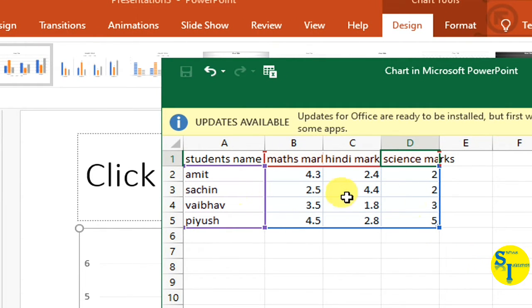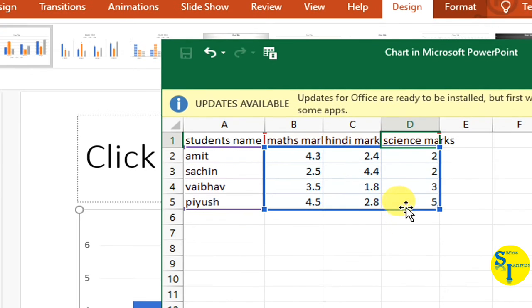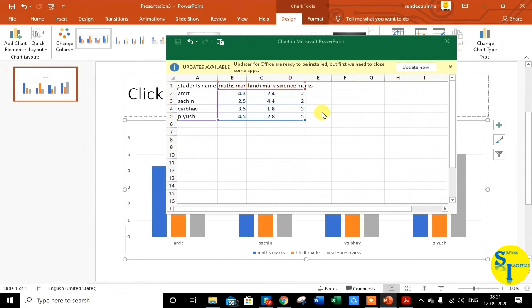Student, values are already given and you can change these values by editing. Double click and edit and you can change. Student, now you can see you have filled the Excel sheet fully.